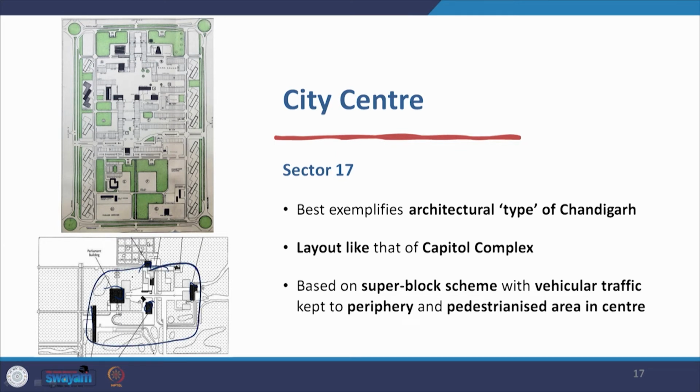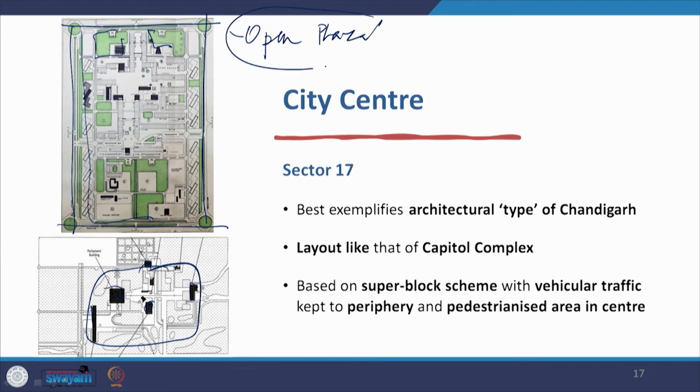In the sectoral planning the same thing happens. With this road network on all sides, the sector is framed. Within it, the buildings are not composed on some axial symmetry. The buildings are placed in what I might call, in inverted commas, an open plaza.